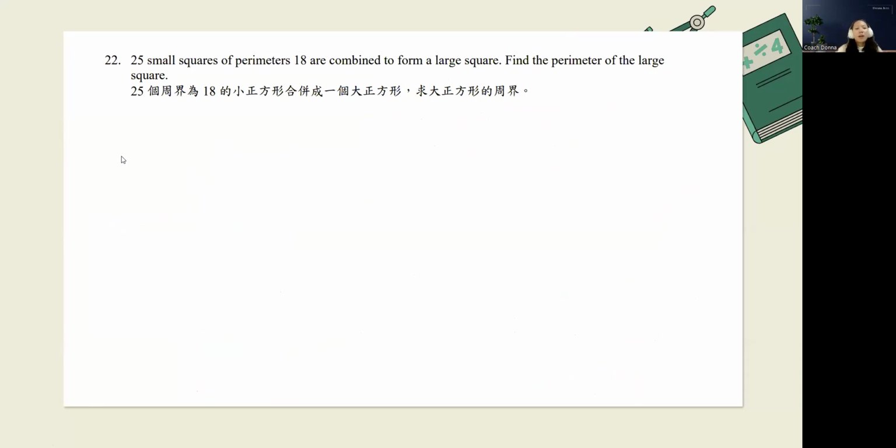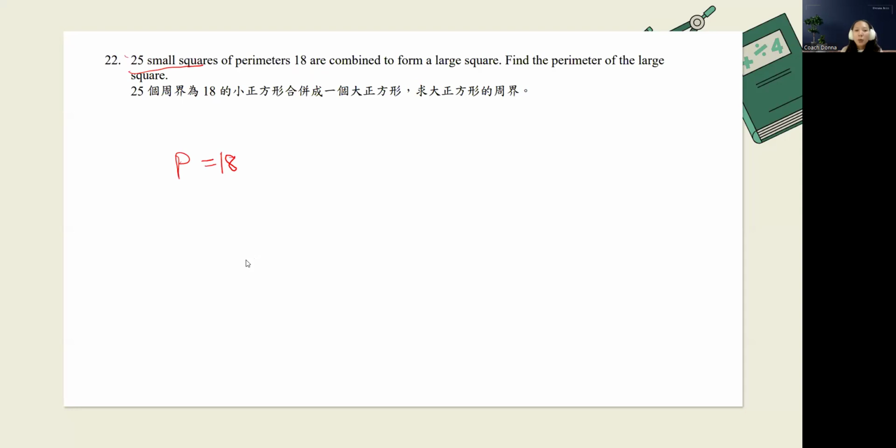All right, so again, we have 25 small squares of perimeter 18. Let's take note of that. So if the perimeter is 18,